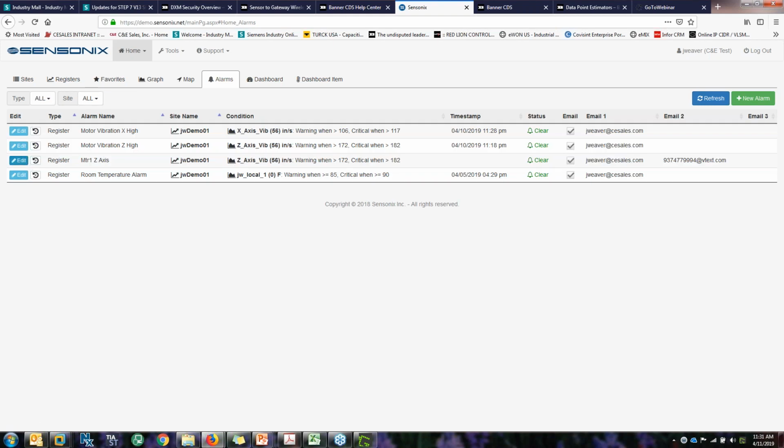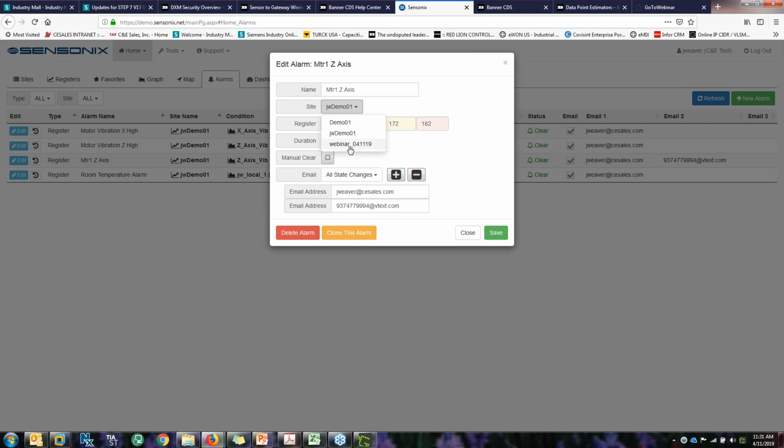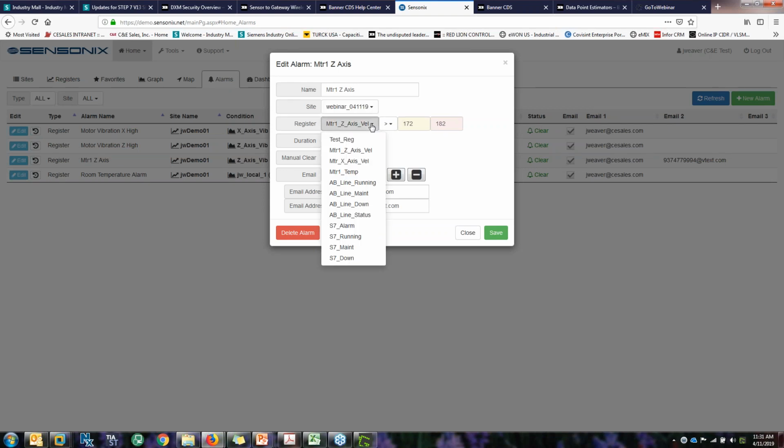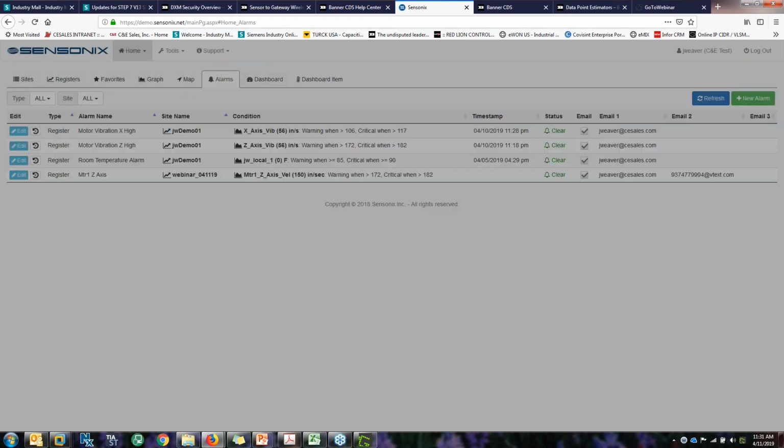I grabbed the wrong site. Here we go. I should have caught that. There we go. The motor 1 z-axis. That's good. So now that's in my